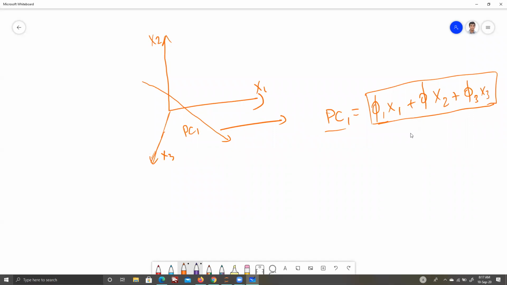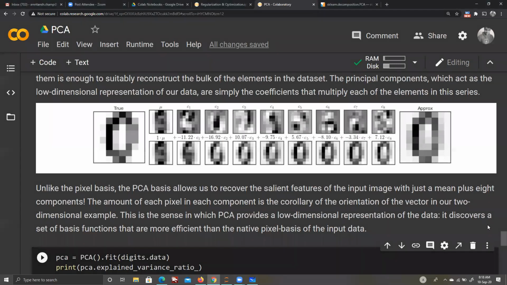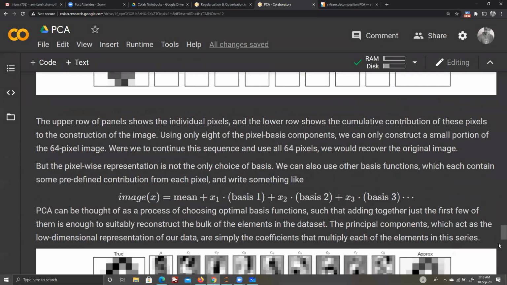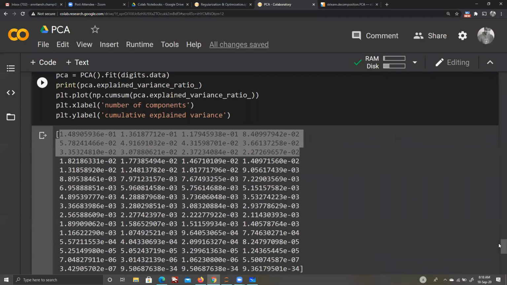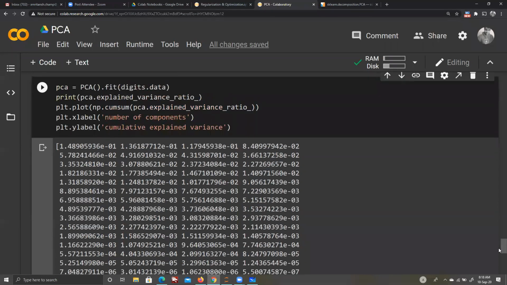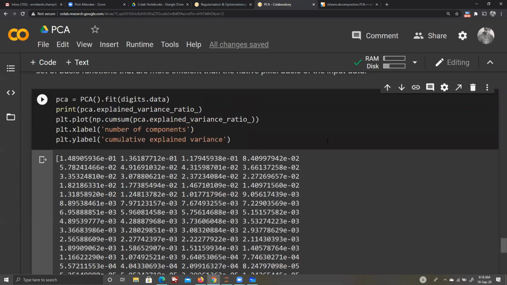Student: If you go back to that matrix, the array which was there, go down further, where you were adding, yeah, this one. How many are these values? These are 64. Maximum you can have how many PCs? That's what I was saying. If it is 8 by 8, that's 64, so 64 dimensions were there. Against each dimension we are getting a value, like 1.48, 1.3, 1.74. This is how much variance ratio the first PC can explain.